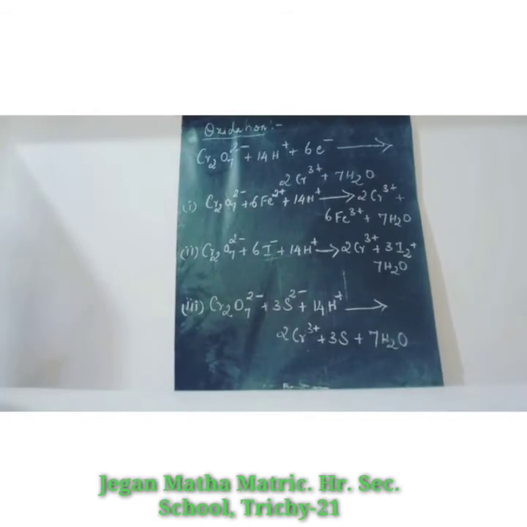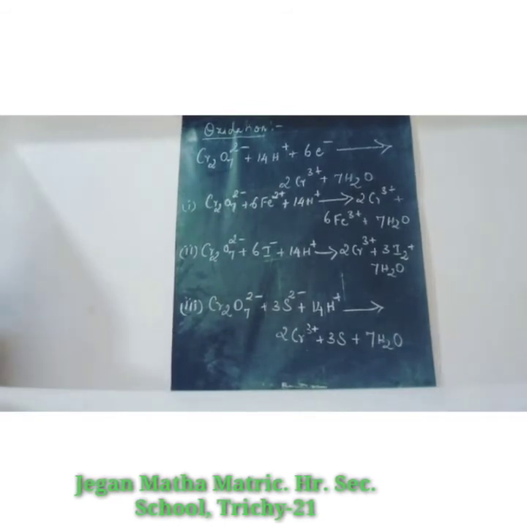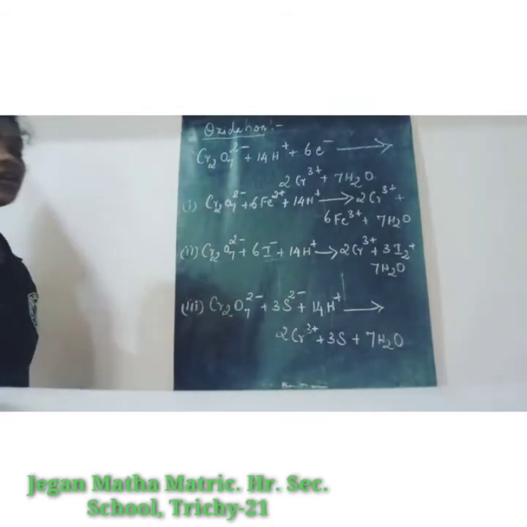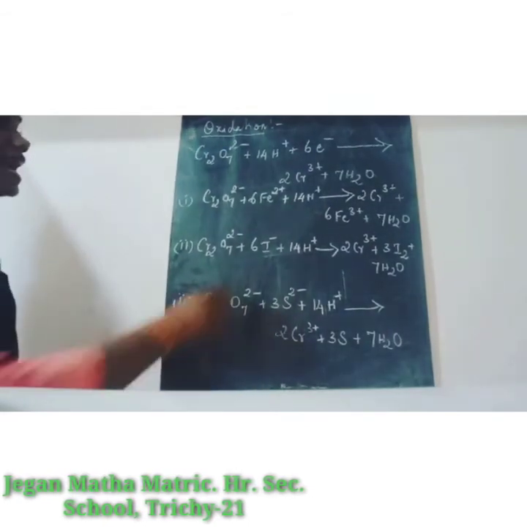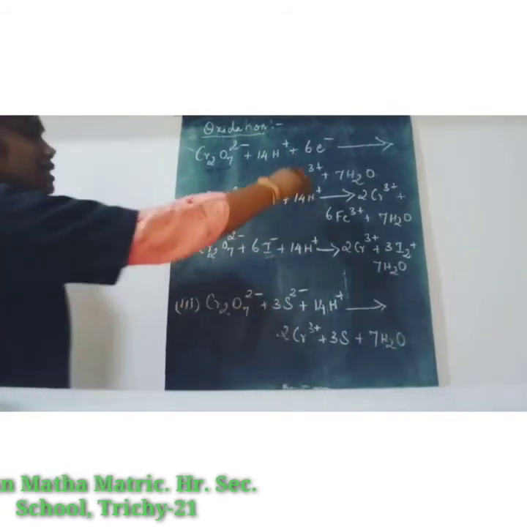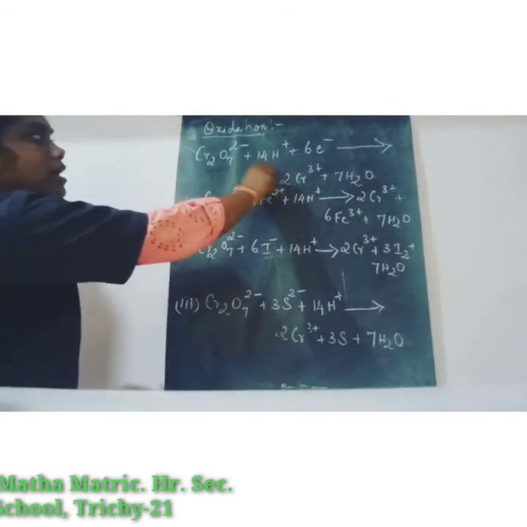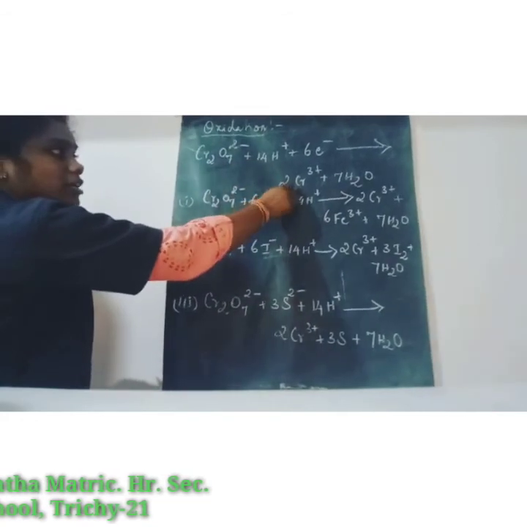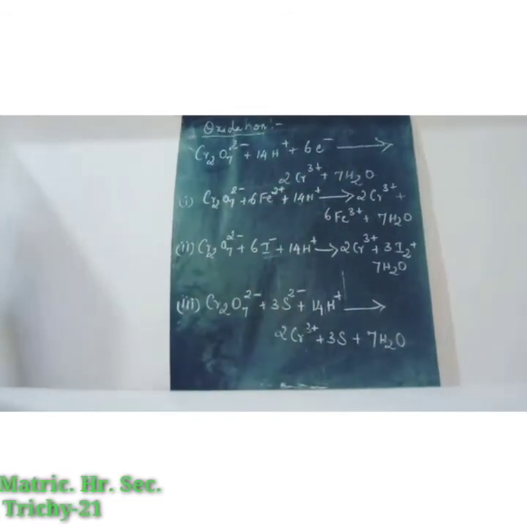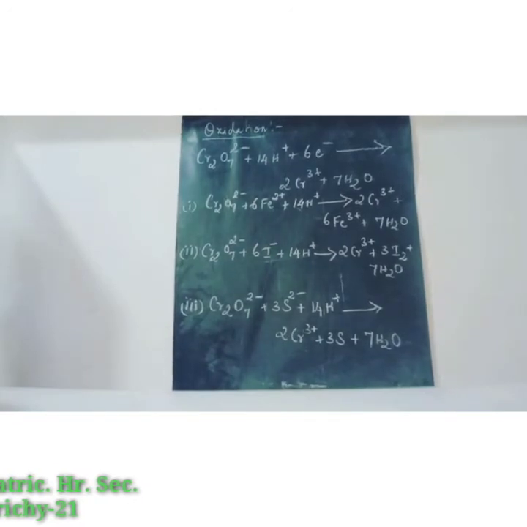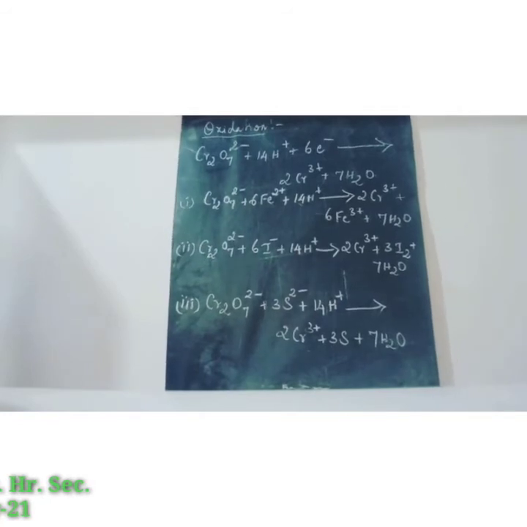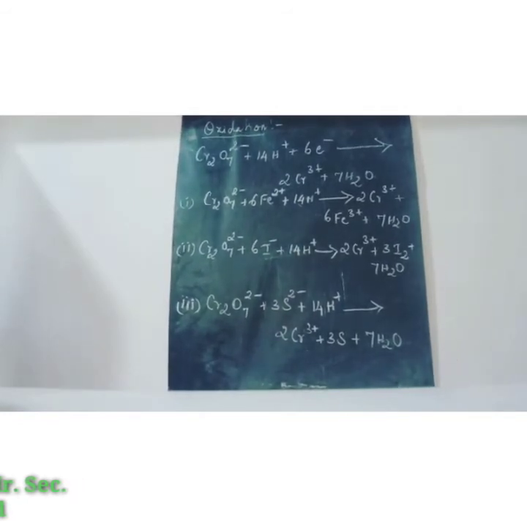You can note the change in the oxidation state of chromium from Cr6 plus to Cr3 plus. Its oxidizing action is shown here. So first one, potassium dichromate is taken, that is Cr2O7 2 minus. In the presence of acid, so 14H plus, so this is the reduction process. So 6 times electron it gains. Here Cr6 plus is converted into chromium 3 plus, and 7 times water molecules.